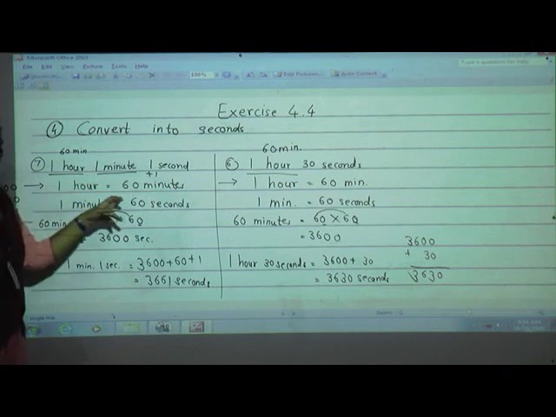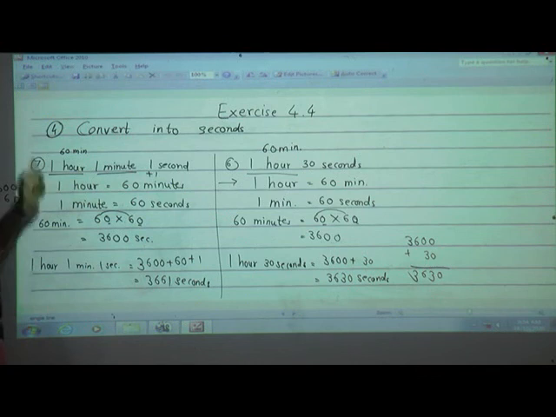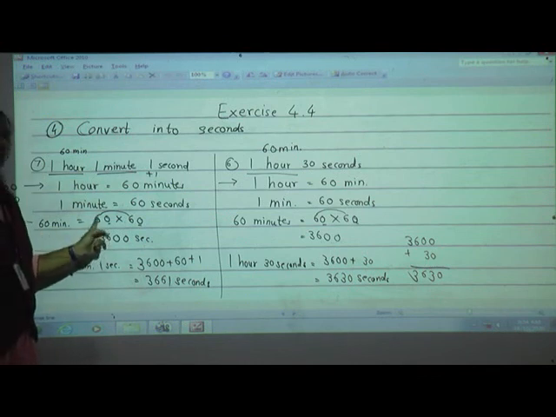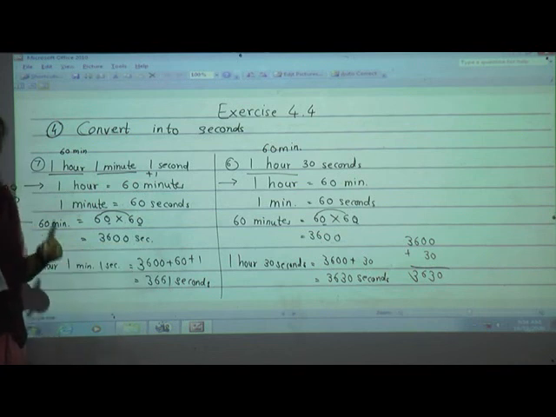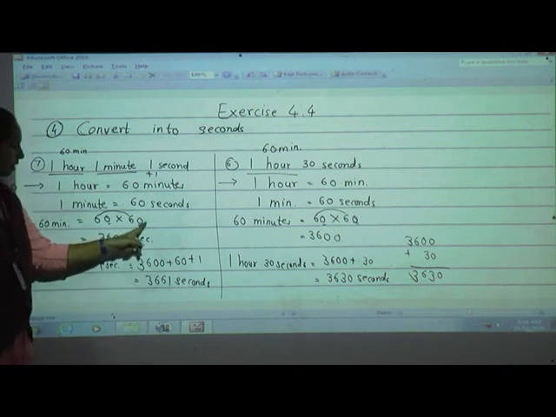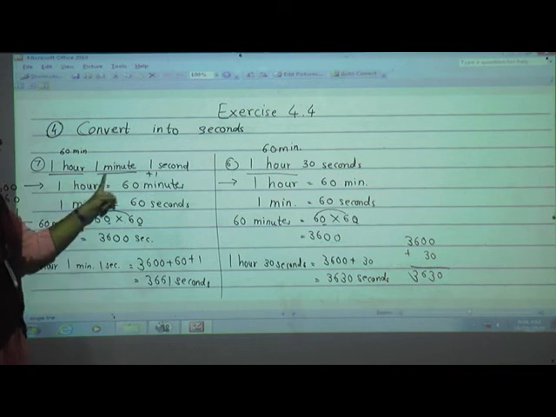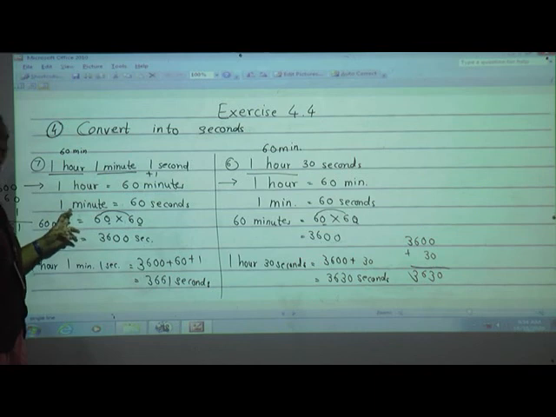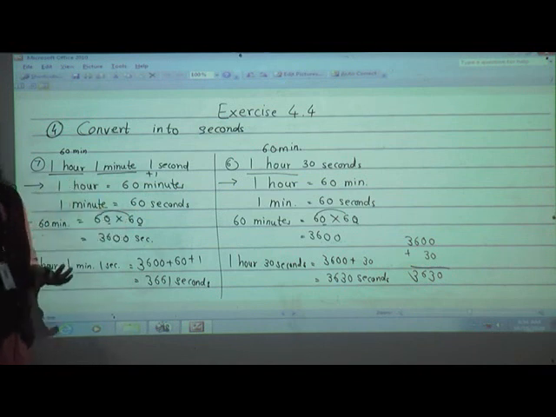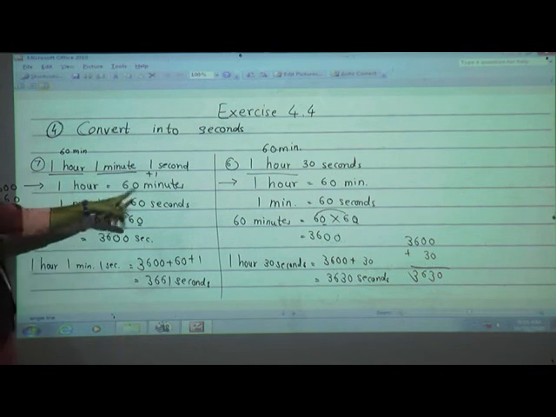So, 1 hour is equals to 60 minutes. Now, 60 minutes I convert into seconds. See here, 60 minutes is equals to, when you want to convert minutes into seconds, we have to multiply by 60. So 60 multiplied by 60, we get this. Now 1 minute, why I have not converted again? Because already we know that if more minutes had been given, we could multiply by 60. Already they had given only 1 minute, so 1 minute is equals to 60 seconds.